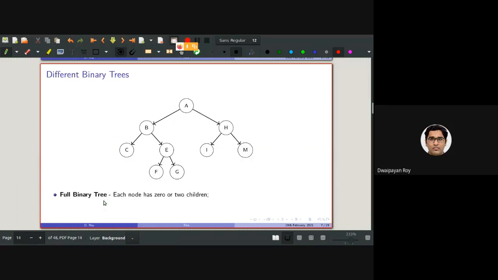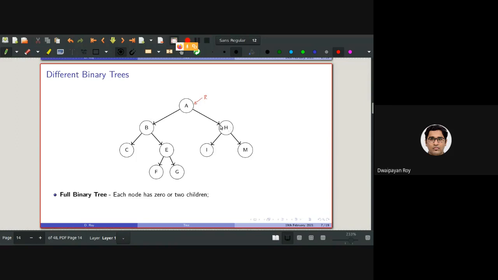Now we will be looking at some special cases of binary trees. The first of them is called a full binary tree. For a full binary tree, each node of the tree will be having either zero children or two children. As you can see in this example, it is a full binary tree. First, if we consider this as the root, this root contains two children.